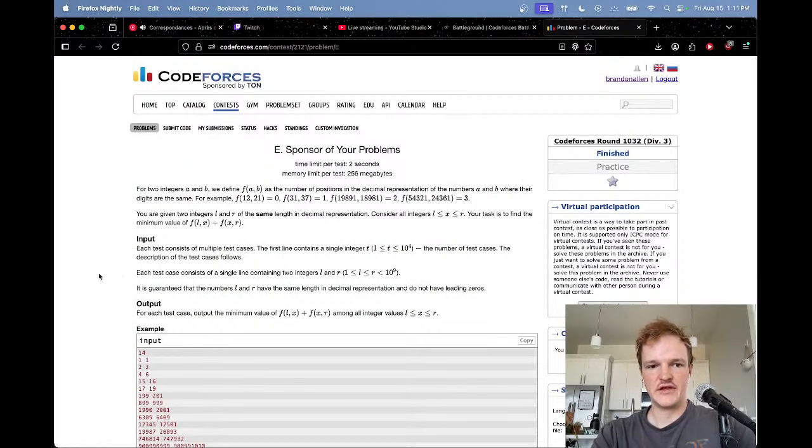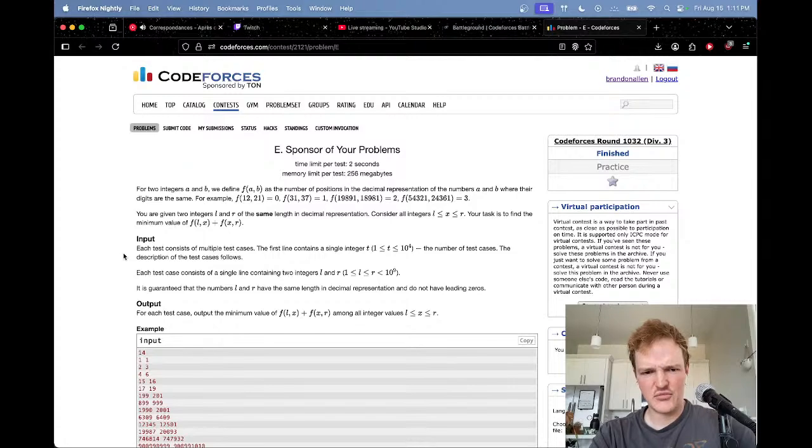Div 3E. Two integers a and b, we define f of a and b as the number of positions in the decimal representation of the numbers a and b where their digits are the same. So 12 and 21 would be 0, this would be 1, 19891 and 18981 would be 2. Then two integers L and R of the same length in decimal representation. Consider all integers between them. Your task is to find the minimum value